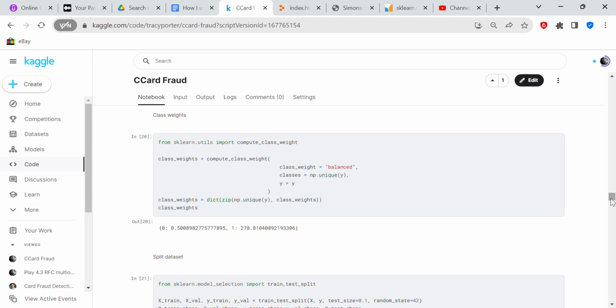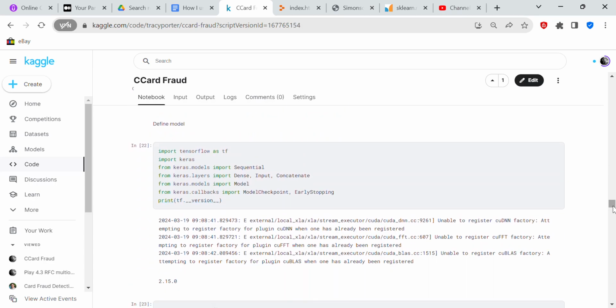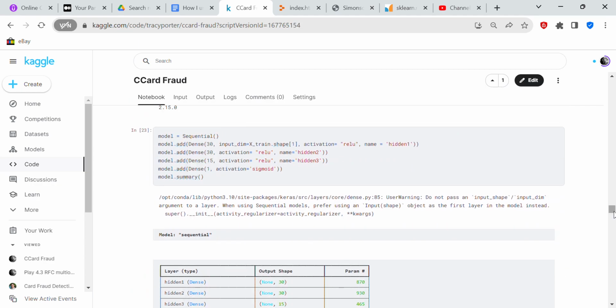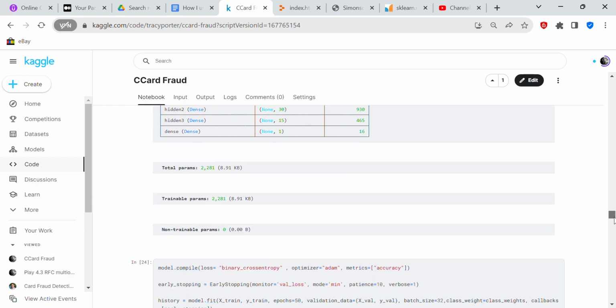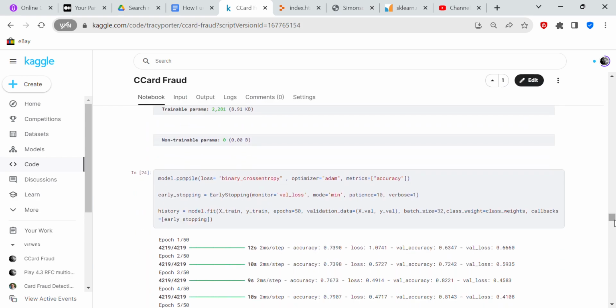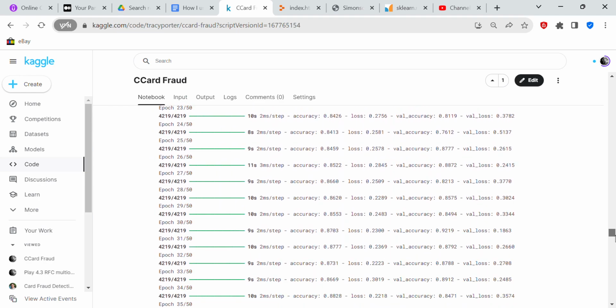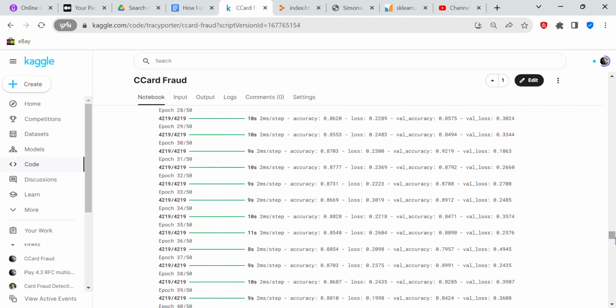And we define our class weights, because what we want to do is balance the class weights. And then we defined our model, and it was a sequential model, and we used sigmoid activation because this is a binary cross entropy. We used an Adam optimizer, and Adam is supposed to be a very good all-around optimizer, and we had an okay accuracy when we trained the data on the training data.